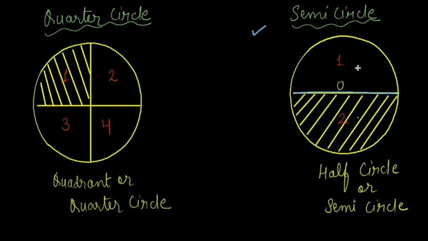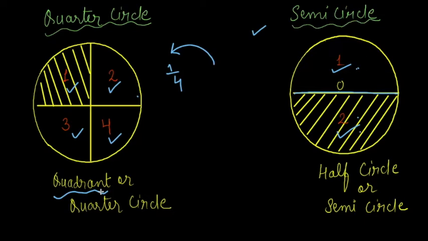So I am getting one semicircle and two semicircle. So I can say, in one circle how many semicircles are there? 1 and 2. Two semicircles are there in one circle. If I come to the quarter of the circle, quarter we know is what? 1 by 4. So if I divide 1 into 4 portions, this is 1 quarter, 2 quarter, 3 quarter and 4 quarter, which is also called a quadrant.